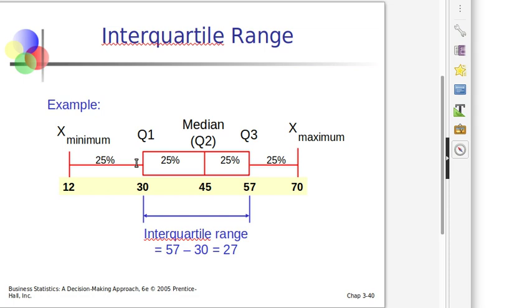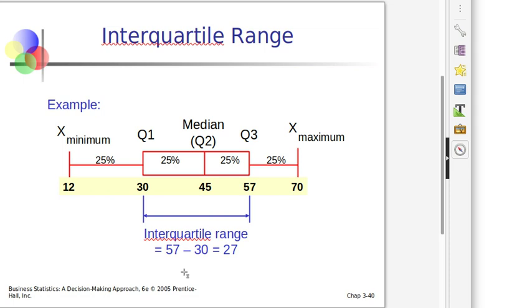That means we divide the whole data set by 4, and we ignore the first quartile, the first 25%, and we ignore the highest 25%. So we have only the values somewhere in between the first quartile and the third quartile,